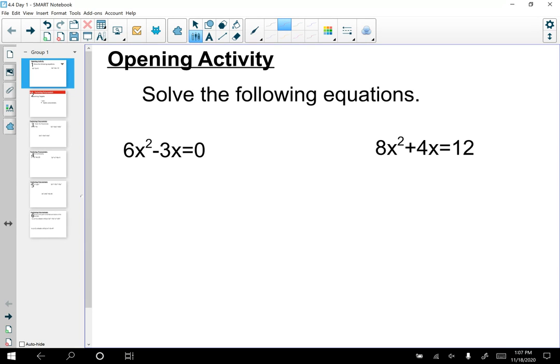So to get started, I want you to go through and solve the following equations. These are both quadratic equations. This is a review of chapter 3, solving quadratic equations. So pause the video and do these two